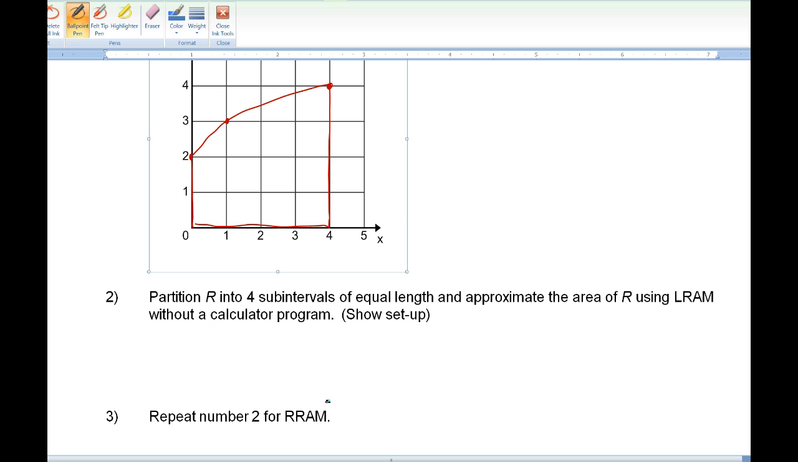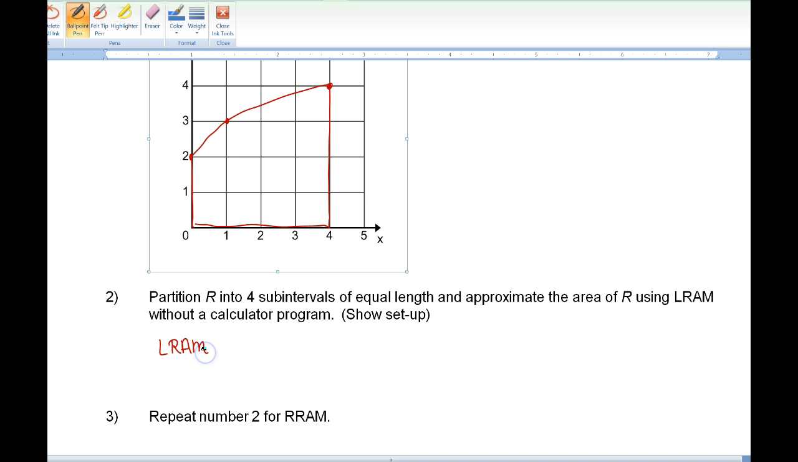We're going to divide it into 4 subintervals, so that makes it pretty easy. Each subinterval is 1 in length. We are going to use LRAM to approximate, and it says without using a calculator program. We can use the calculator program to check, but I want to see the setup. That's the important part. So for LRAM,